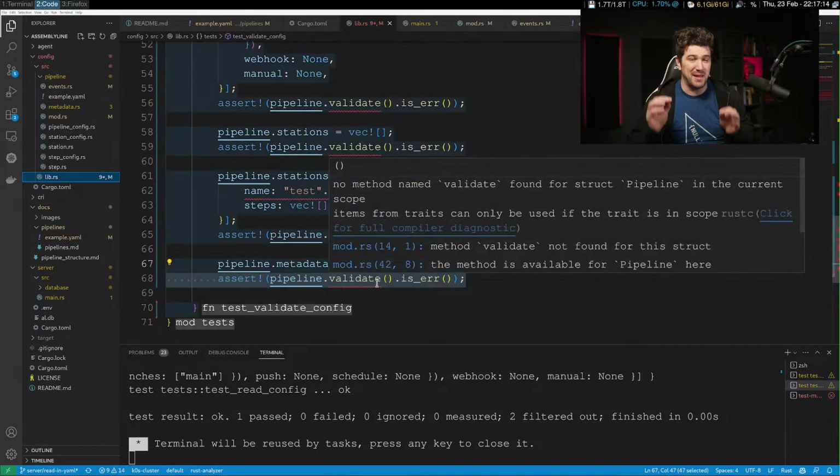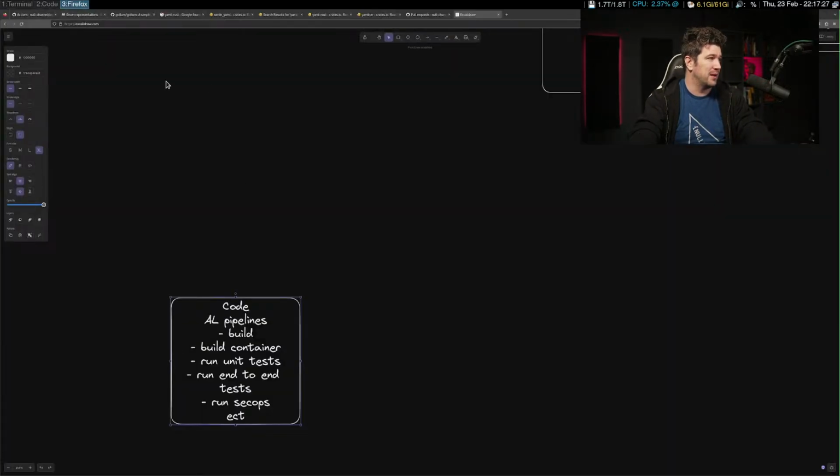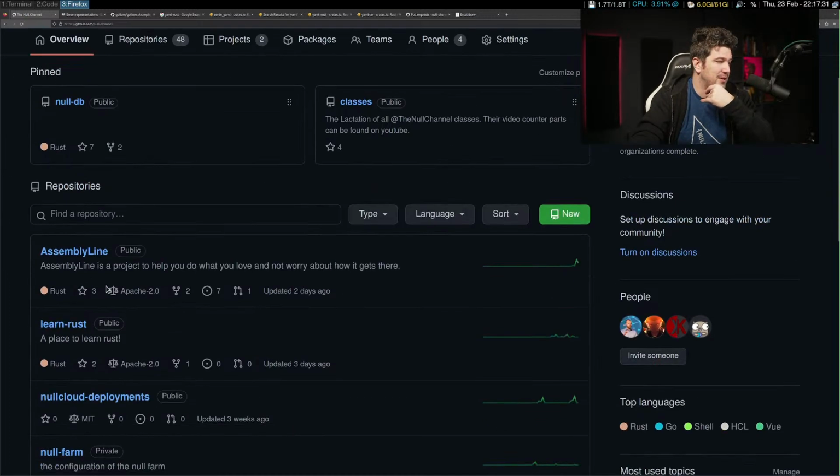I'm actually going to make a good first issue for adding validation to all of our data structures, because I think that's a great first issue, and I don't need to do it. If somebody wants to join in, they can do it. So let me actually do that before I even implement this. We're going to go and create a good first issue.